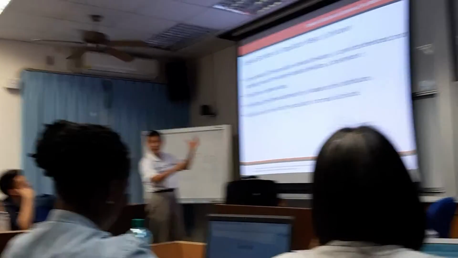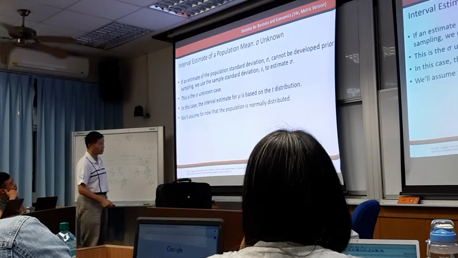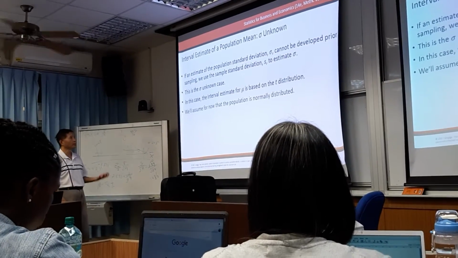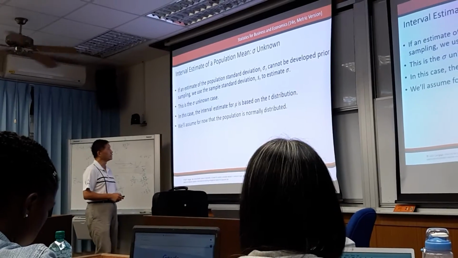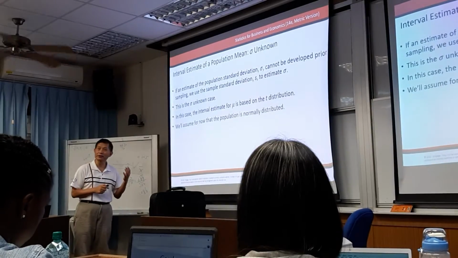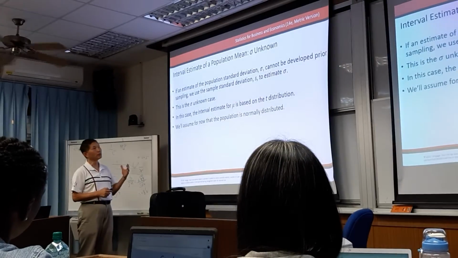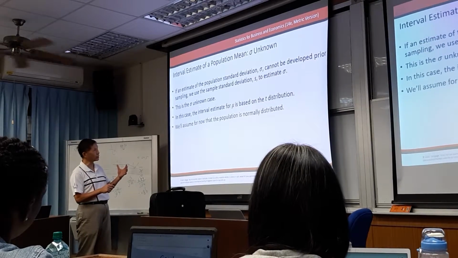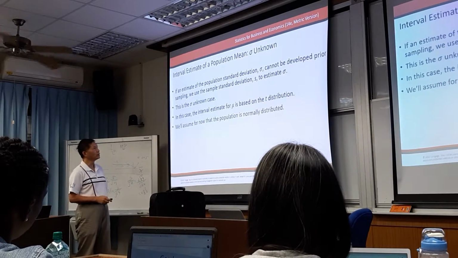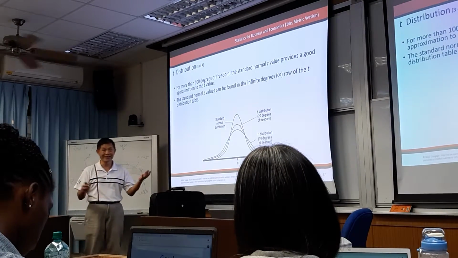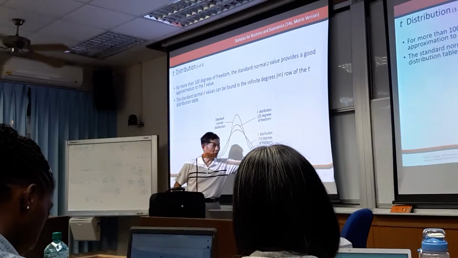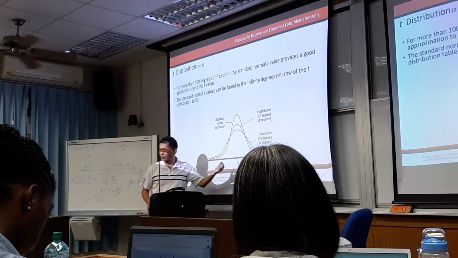So this is the second case, the second scenario. Here they use a t-test. When the sample size is less than 30 and the population standard deviation is unknown, you use t. T looks like z. Yeah, the mean is the same, 0,